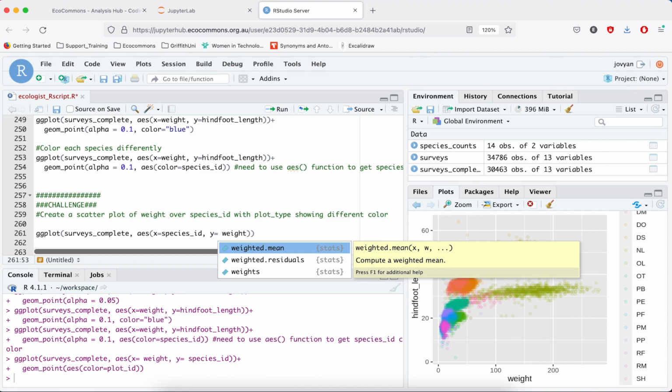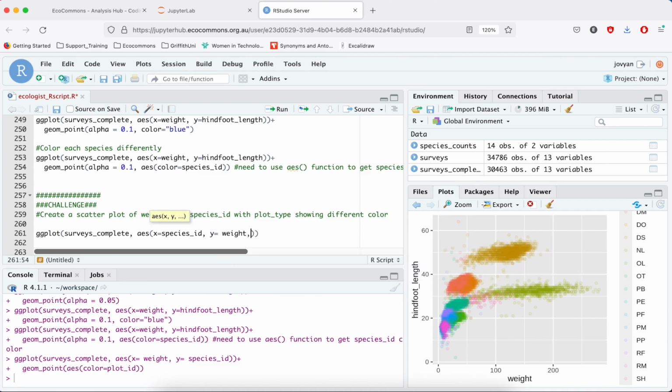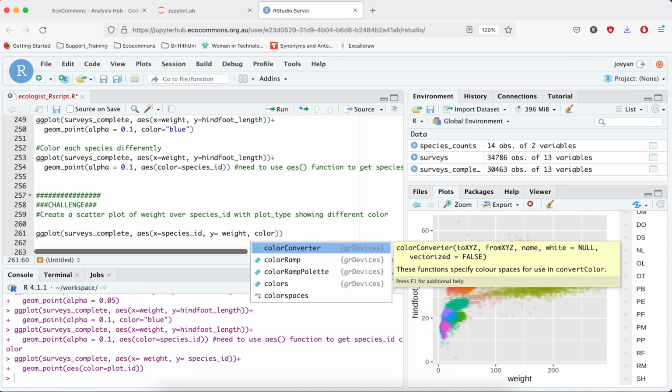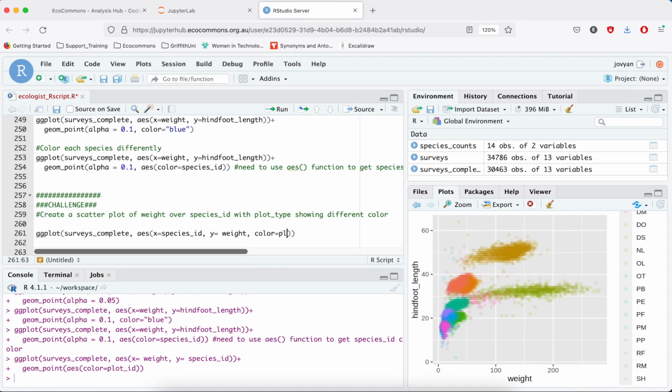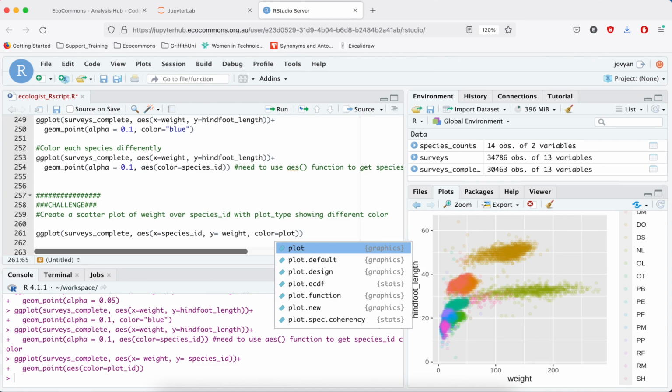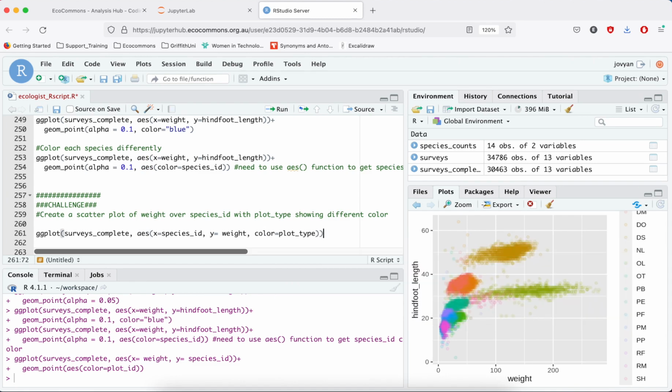And let's put the aesthetics of the color in here. It doesn't matter, as you can see here, we put the color in the geom function, but we can actually put the color up here. And then we save at least these 3 letters. So let's put color equals plot_type